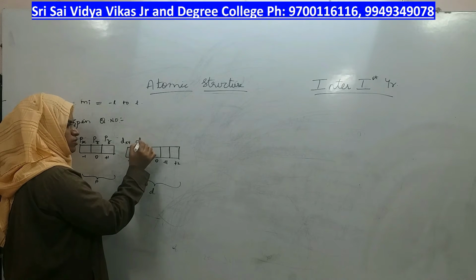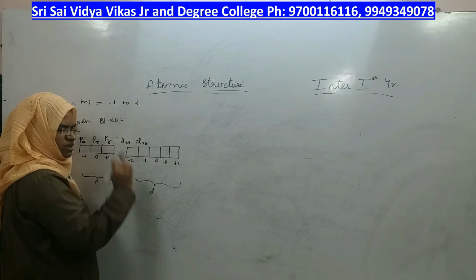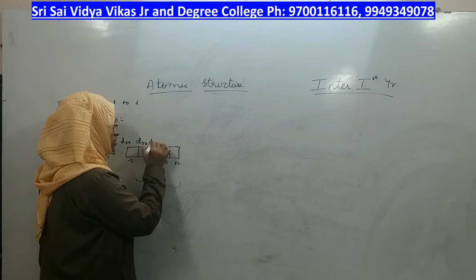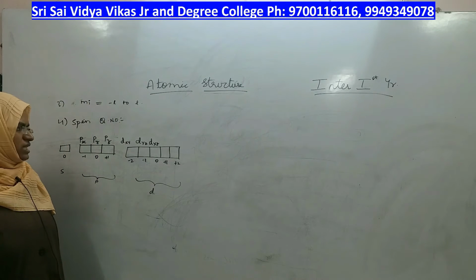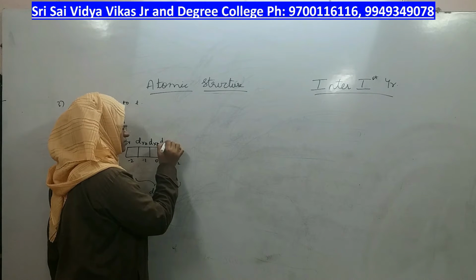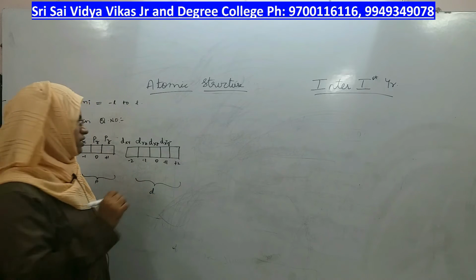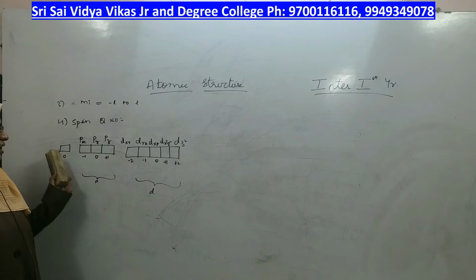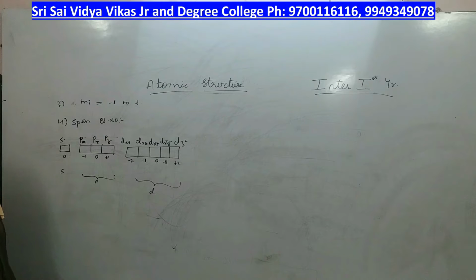And the other d orbital is in between y axis and z axis. It is neither on the y axis nor on the z axis. It is in between y and z axis. And the next d orbital is dxz, neither on the x nor on the z, in between x and z. The other 2 orbitals are on the axis, on x and y axis called as dx square minus y square, and on z axis called as dz square, right? So these are the orbitals present inside a subshell, right?